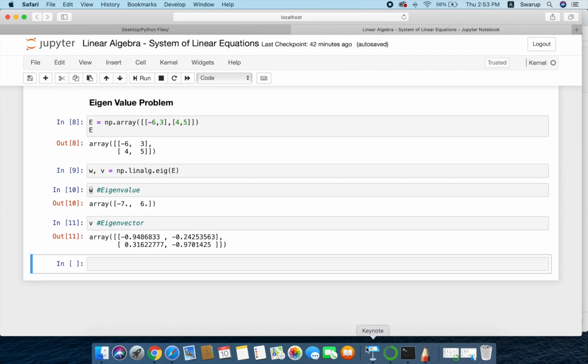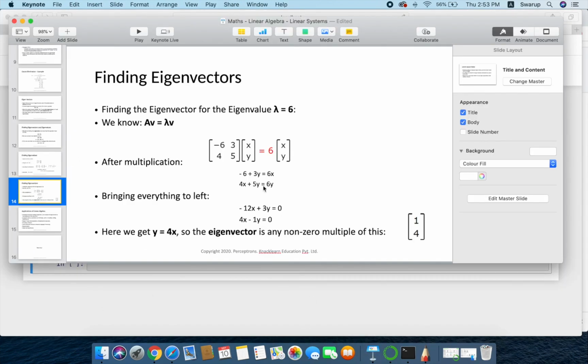Now we will check the eigenvalue equation, which says AV equal to lambda V. That is, the matrix multiplied with the eigenvector gives us the same value as when we multiply the eigenvector with the eigenvalue.